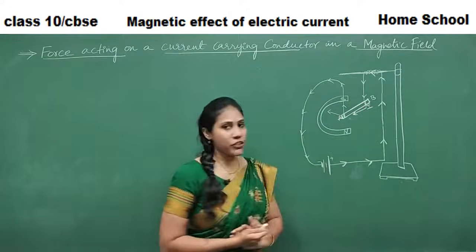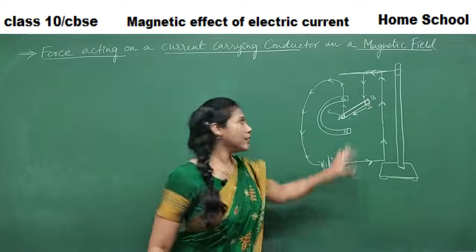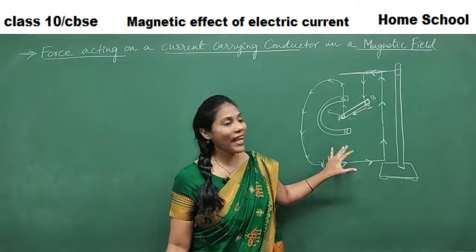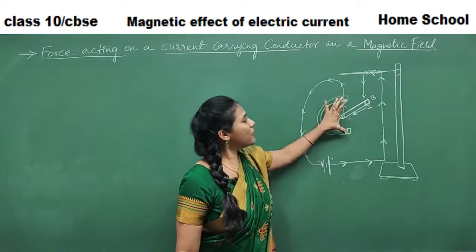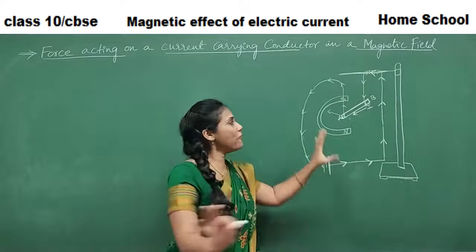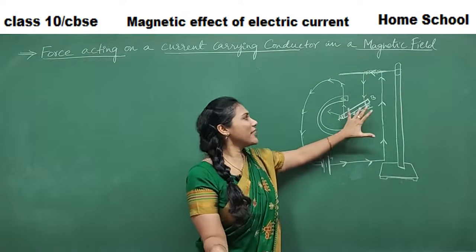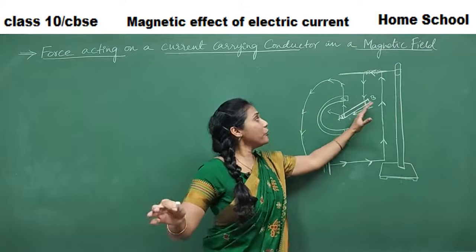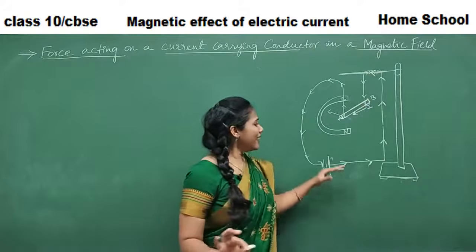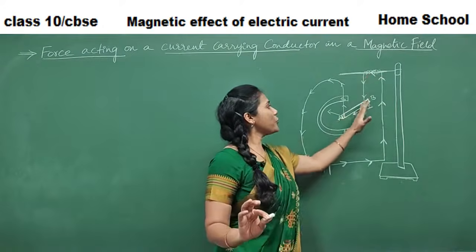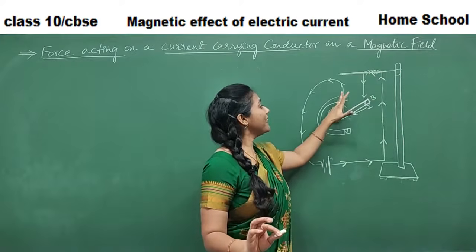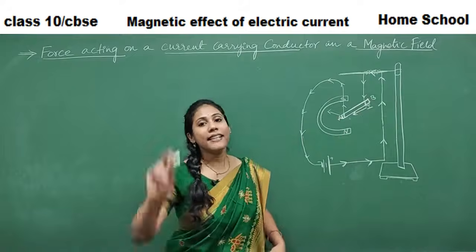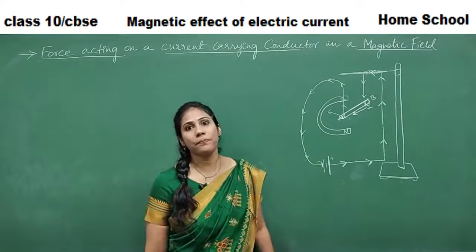The moment you switch off, there is no electric current, and the rod's position is as it is. The magnet's position is as it is. Actually, the magnet will not move here because the magnet is fixed. The position of the magnet is fixed, but the position of the rod is not fixed. It is freely suspended. It can move whenever some force acts on it. Say the moment current is passed through the rod and it is kept near the magnetic field, you know what happened? Movement in the rod, displacement in the rod took place.